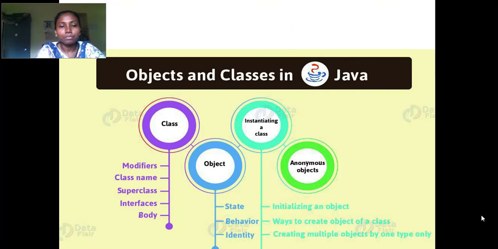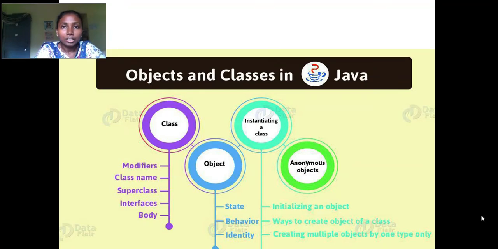Then interfaces. Interfaces, if any, are preceded by the keyword implements, and a class can implement more than one interface. When I am talking about inheritance, as I said, Java does not support multiple inheritance because of ambiguity.